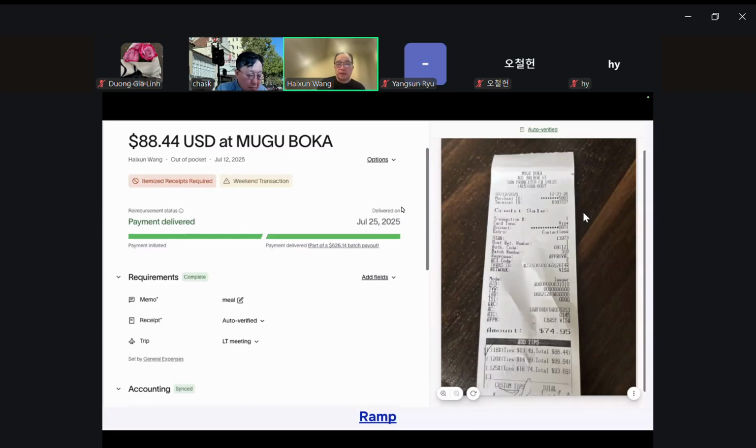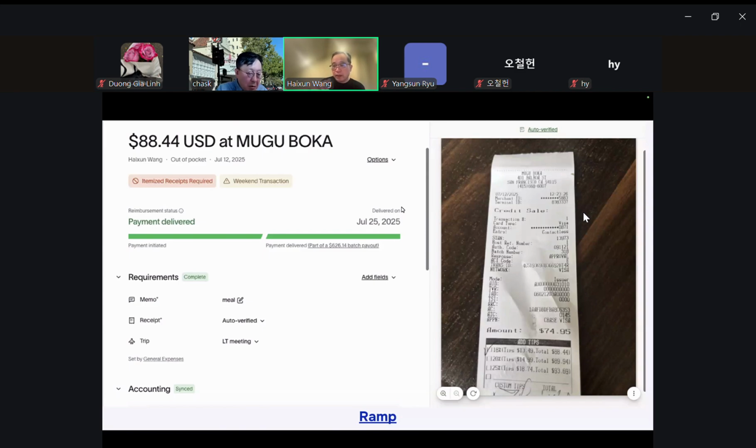Like this is a real receipt from a restaurant in San Francisco where I had dinner, and if you look at that receipt, it says at the bottom add tips, right?